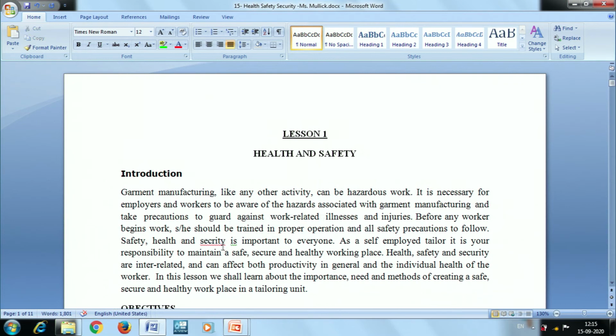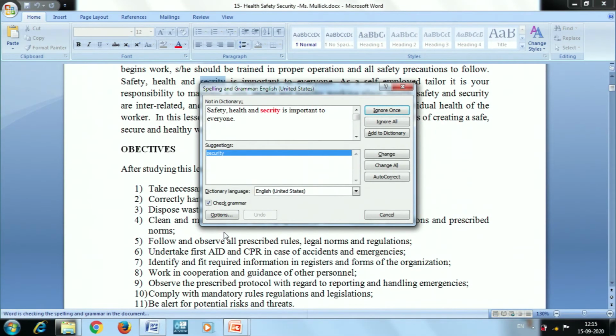So once you are working on a document, you should always do the spelling and grammar check of your document, so that your document will be error free. For doing the spelling and grammar check, I can press the F7 key. Once you press F7, it will check the spelling and grammar of the entire document.